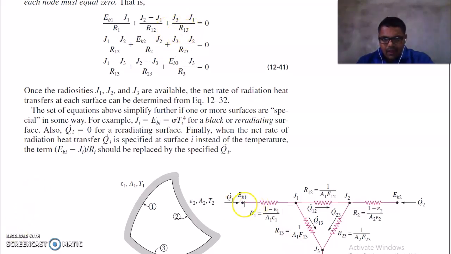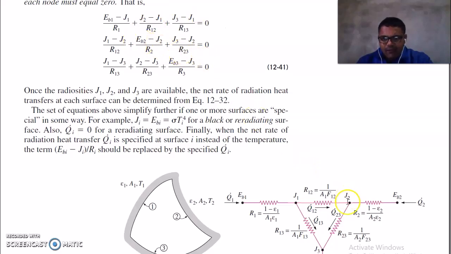In the actual case, you have to take heat in equal to heat out. Now in this case, heat out is actually J1 minus J2, but when you equate heat in to heat out on this side and rearrange, it will become J2 minus J1, because heat always flows from the higher to the lower side, meaning J1 must be more than J2, then your heat will flow. So this equation is on this side, and on rearranging you will get it here.